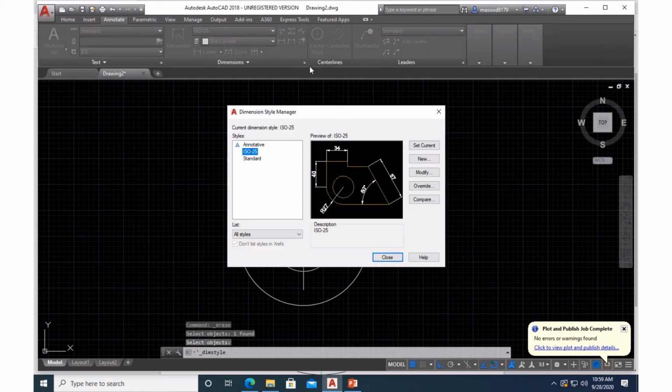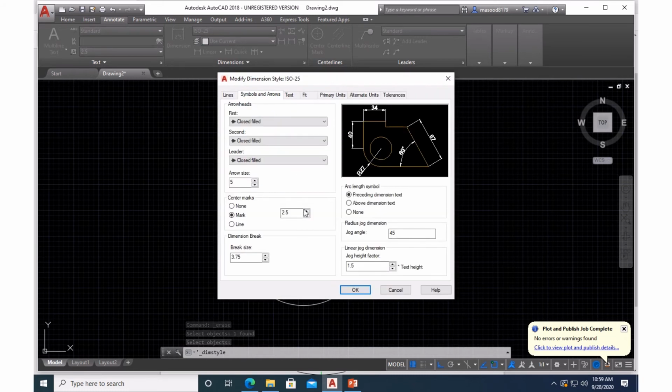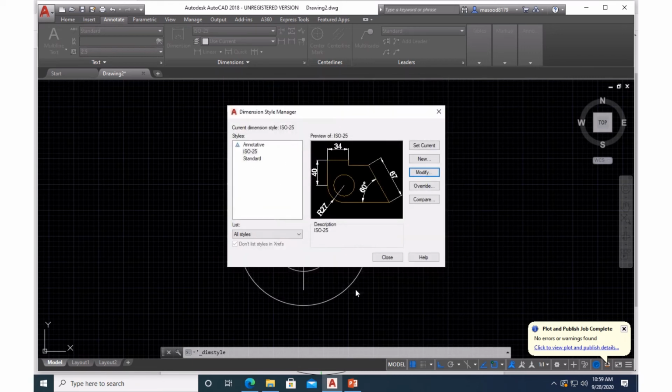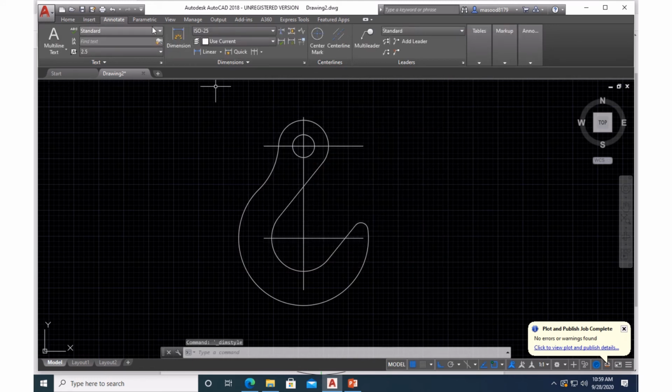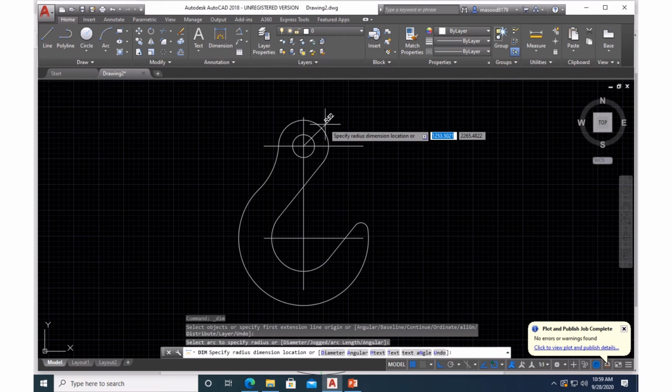Go to annotate, then dimensions, modify, and then go to symbol. Here how much do you have? You have 5. Arrow size is 5. Let us make it 7. Enter. Go to text, it is 6. Let's make it 8. Enter. Okay, close. Now let us go back home, select the dimension, and it seems to be a little bit better.